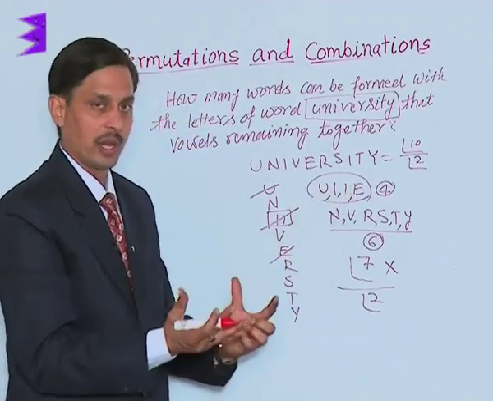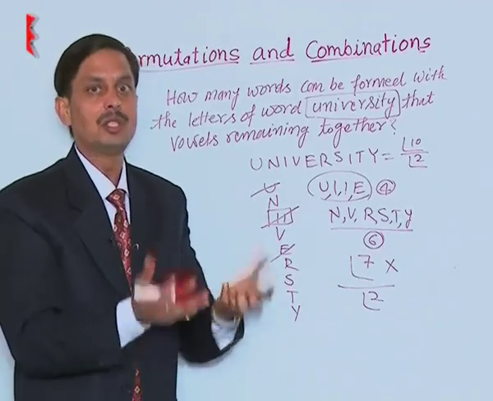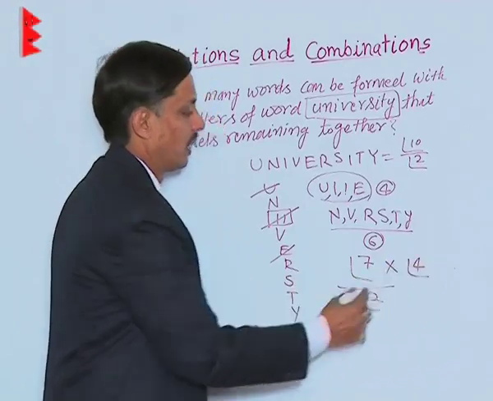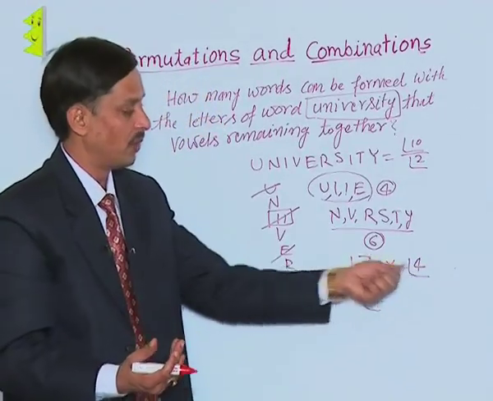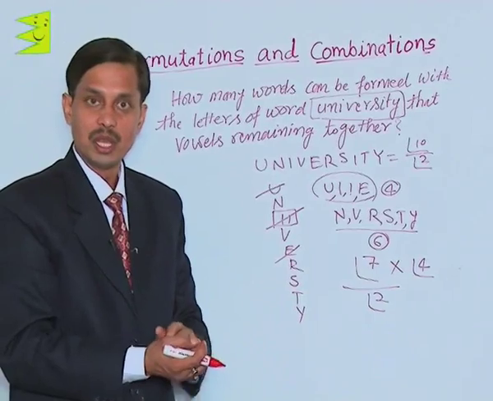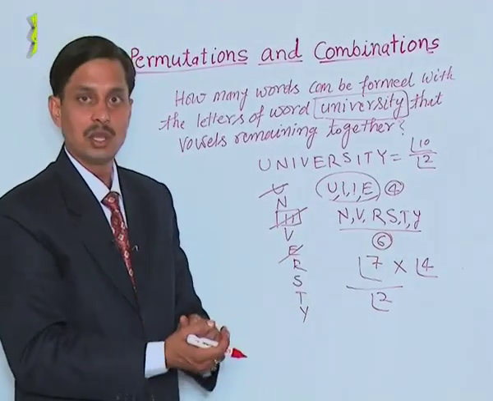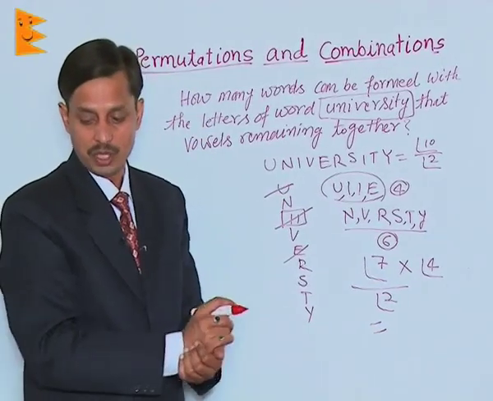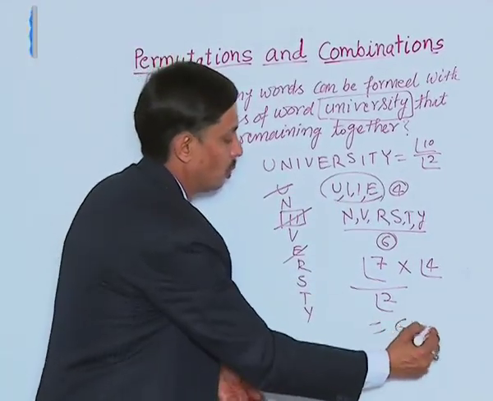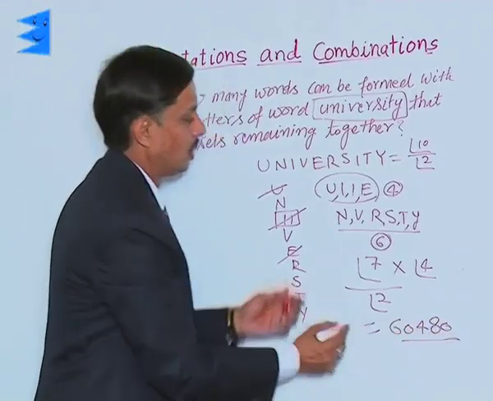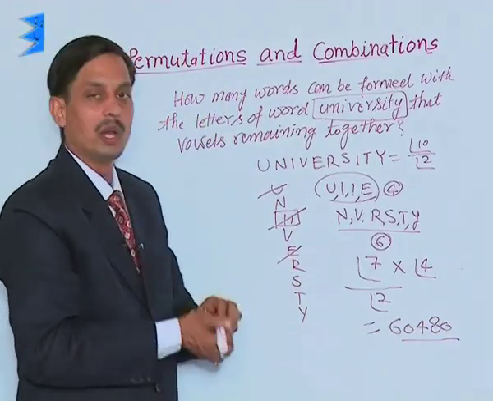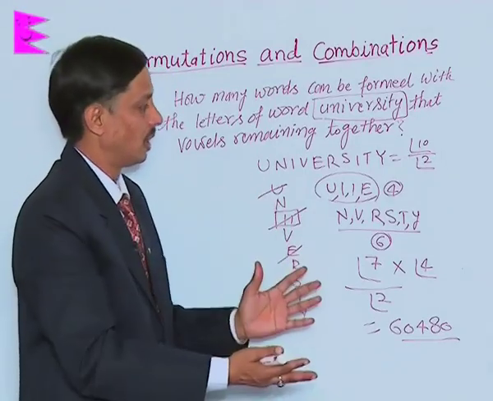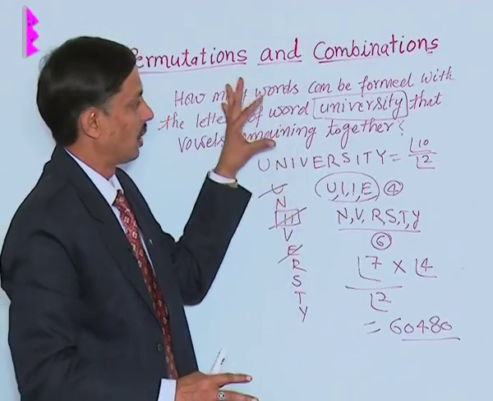These four letters are together, but together they can interchange their positions. So we can say four letters can change their position in how many ways? Factorial 4 ways. So this is the total ways of arranging, and after simplification the answer will be 6060480. So the problems of permutation can increase in level of difficulty, but only after having a